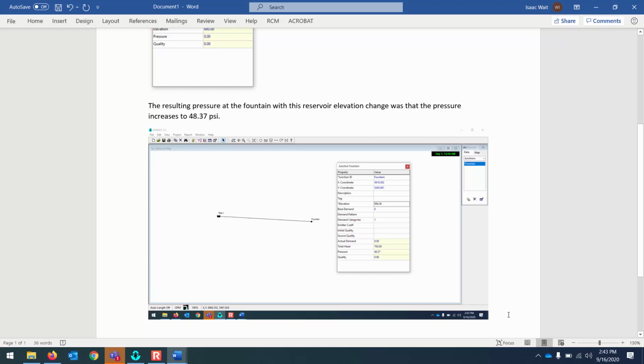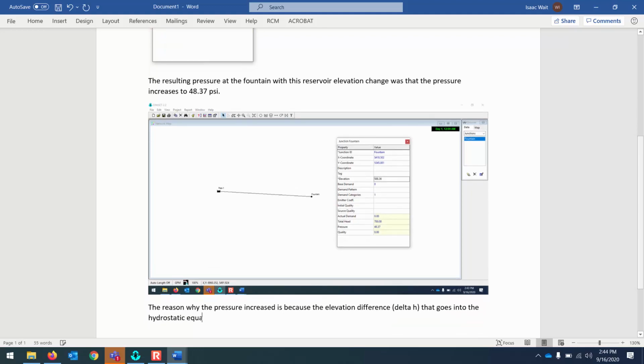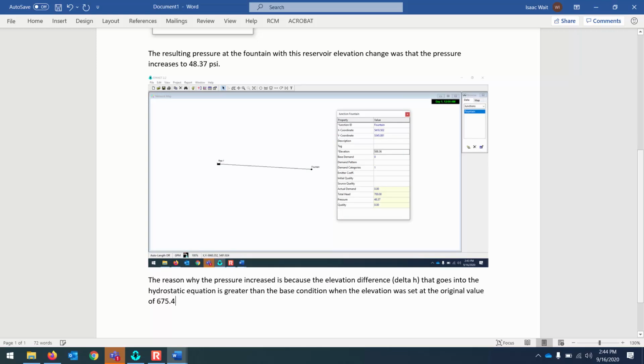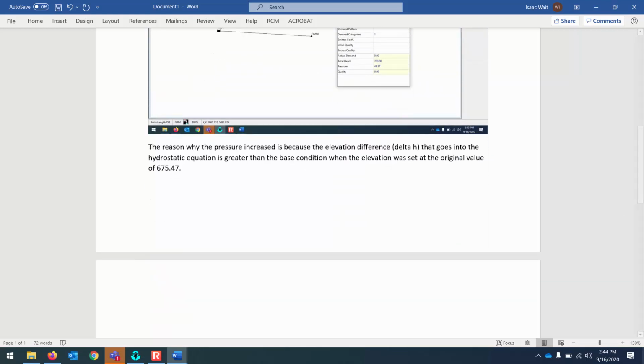And then I could explain, like if the question is asking to explain the theory, the reason why the pressure increased is because the elevation difference, delta H, that goes into the hydrostatic equation is greater than the base condition when the elevation was set at the original value of 675.47. So this is basically how you're going to submit your report, is just a series of screenshots and short